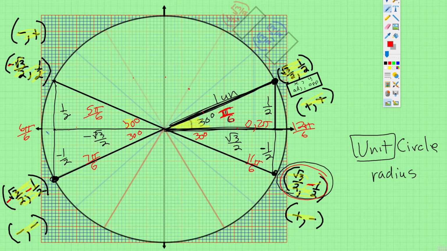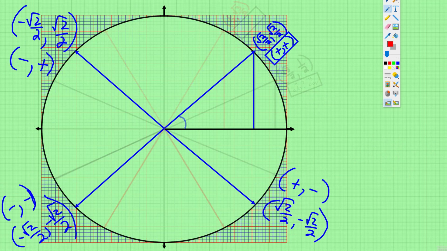1 less than 6 pi over 6 is 5 pi over 6. 1 more than 6 pi over 6 is 7 pi over 6. And since 2 pi and 12 pi over 6 are the same, 1 less than 12 is 11. Okay, so those are the pi over 6s. Now the pi over 4ths,